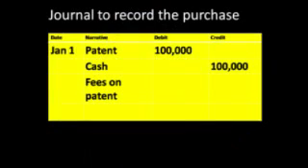The accounting for the intangible would be different if the company had developed the mower for themselves. If the fees for the attorney to research and file for the patent were $100,000, then we would record the transaction thus. The debit to the patent account would be $100,000 and there would be a credit of $100,000 to the cash account. The actual costs for the research and development of the patent are regarded as internal costs and